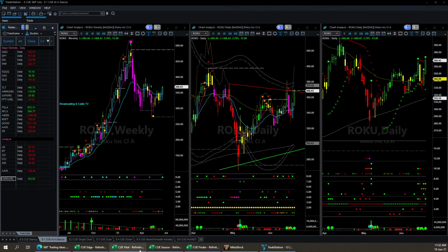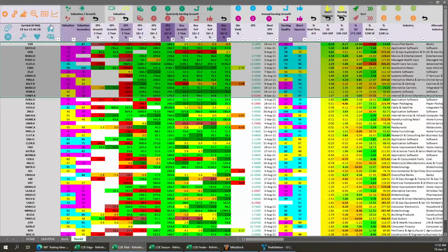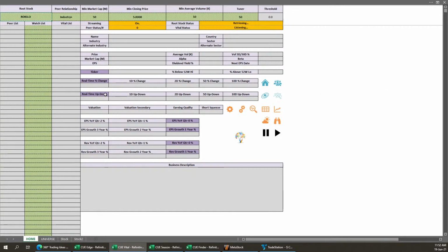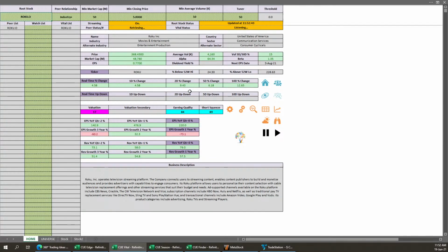Let's look at its fundamentals. Roku, while it is retrieving data, okay, now you can see it's very fast. Valuation not so great, that's fine, has great earnings growth, short squeeze potential. And if I look at the Finder signals,